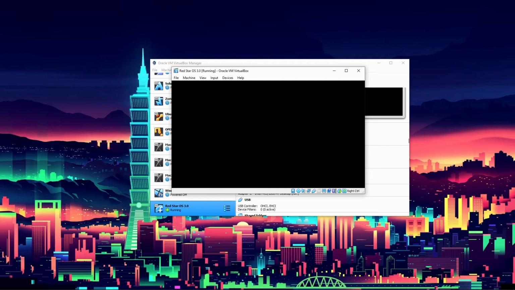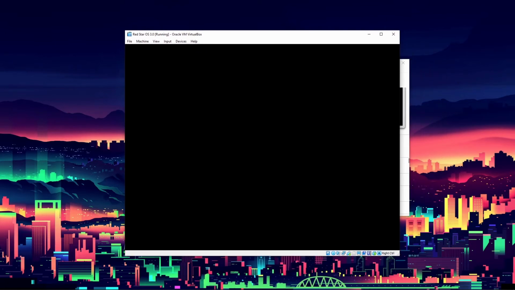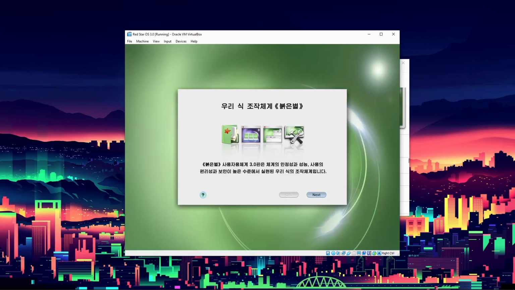Well, maybe not that long, but I do have this on my regular hard drive. It's slower than a solid state drive, of course, but my hard drive's where I keep all my virtual machines. Yeah, it already seems to be starting up, and as we can see here, where it says next, we successfully